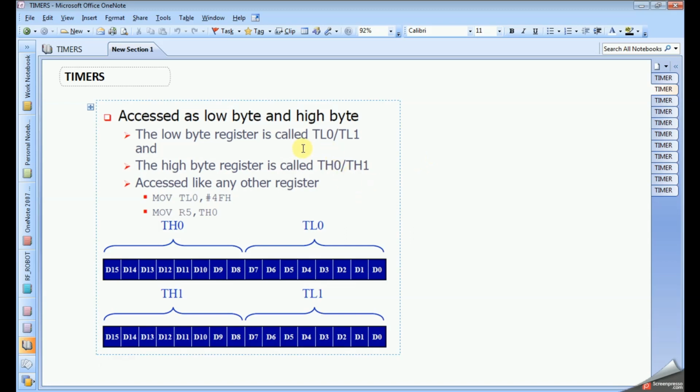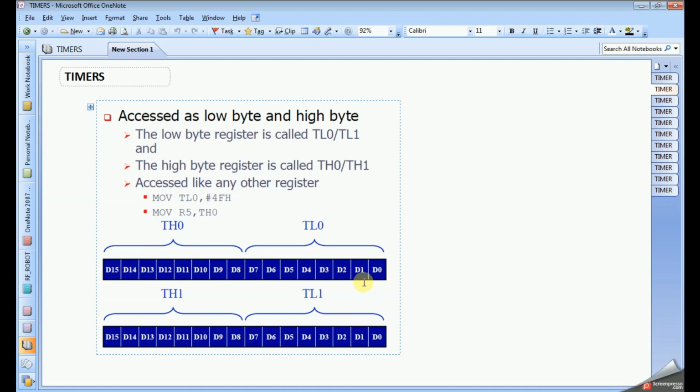For timer 0 or timer 1, the lower byte register we call TL: for timer 0 it is TL0, for timer 1 it is TL1. The higher byte register we call TH: for timer 0 it is TH0, for timer 1 it is TH1.